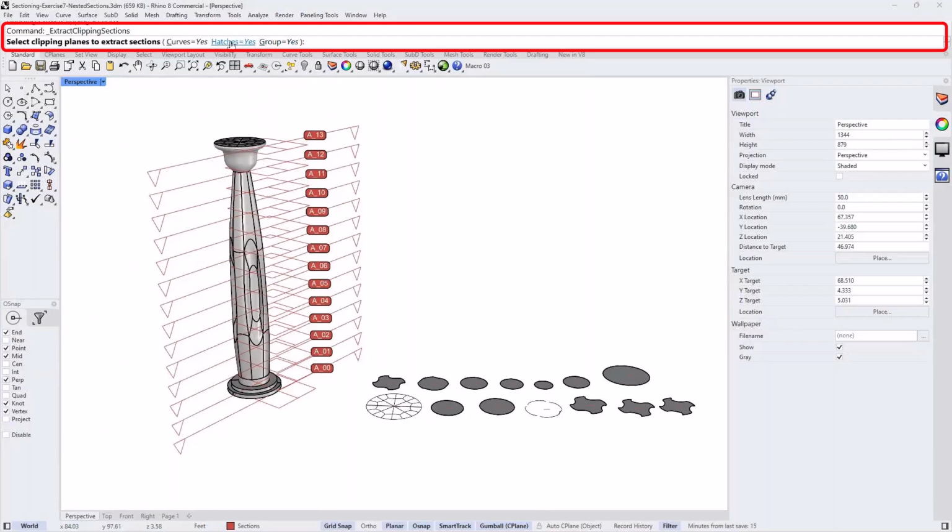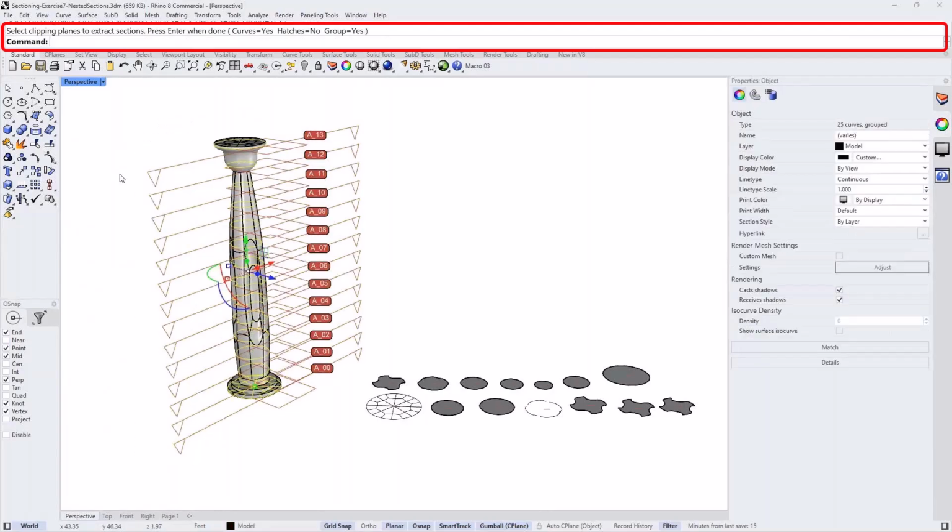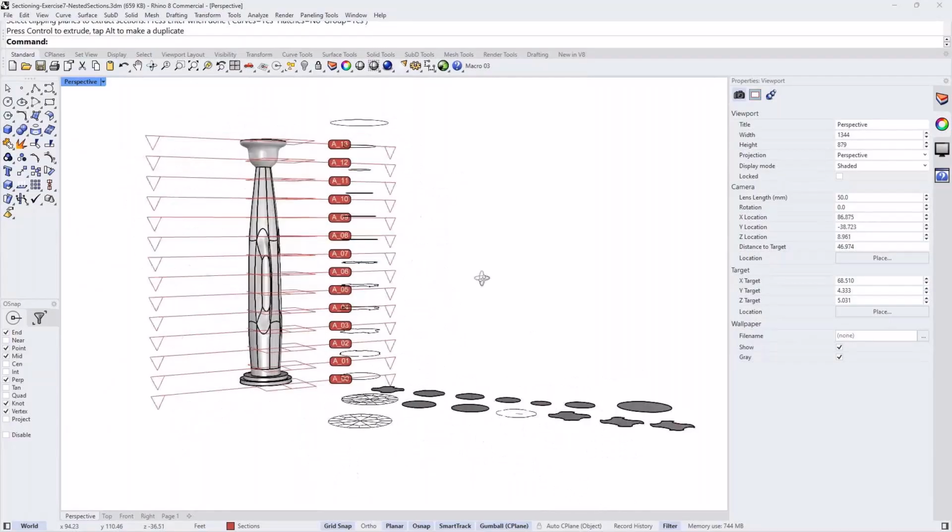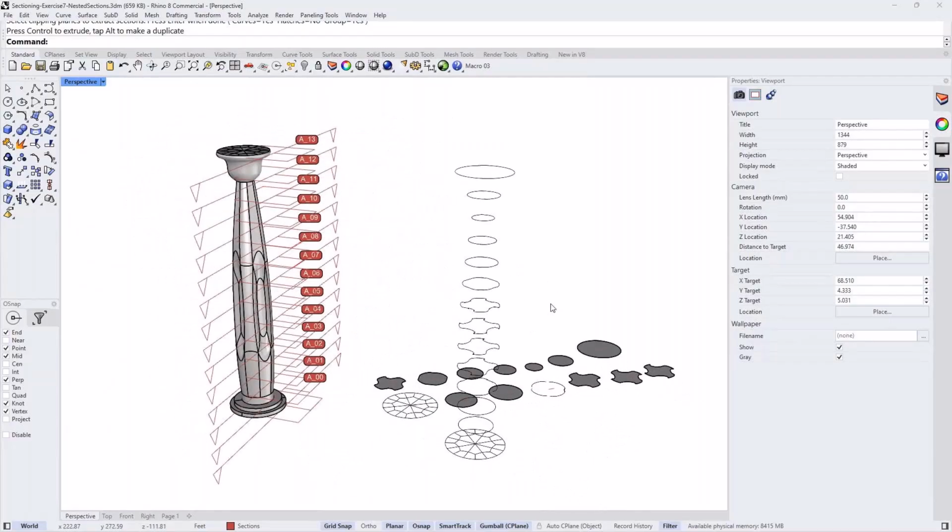If you don't want any hatches, just the curves, you turn off the hatches part, select the clipping planes, and that gives you all the curves, basically just the curves. Okay, so I had used extract clipping slices, and I didn't see that option there.